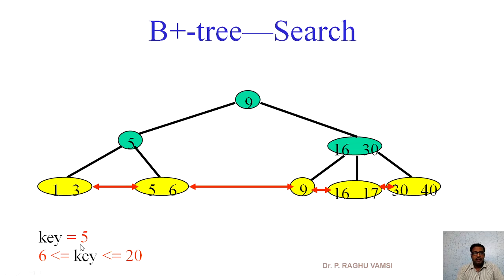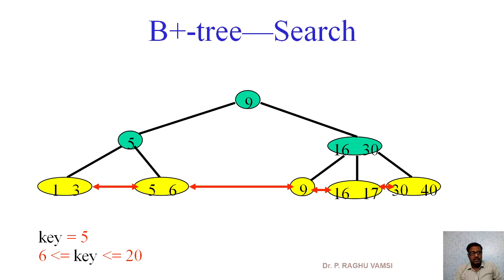And if you want to get a key that lies between 6 and 20, then it may be 7, 9, or 16, whatever key you take here. Obviously it is like a range search. In the last lecture, when we were discussing B tree insertion, we came across a range search kind of thing. That range search we can easily identify via the starting and ending key element.